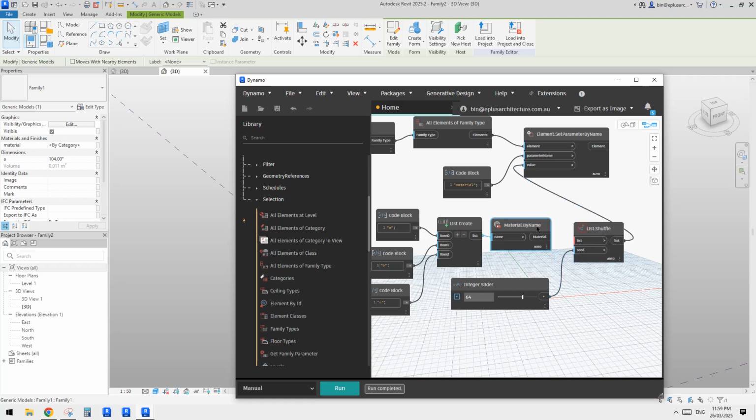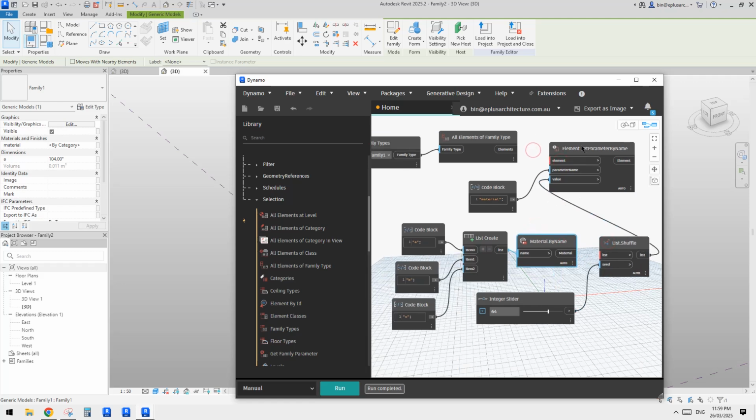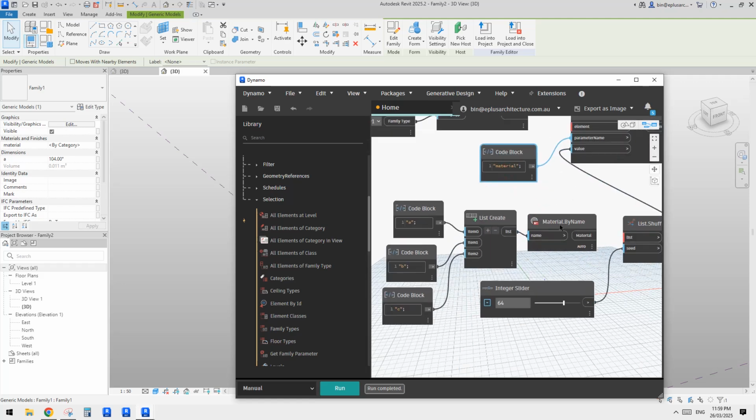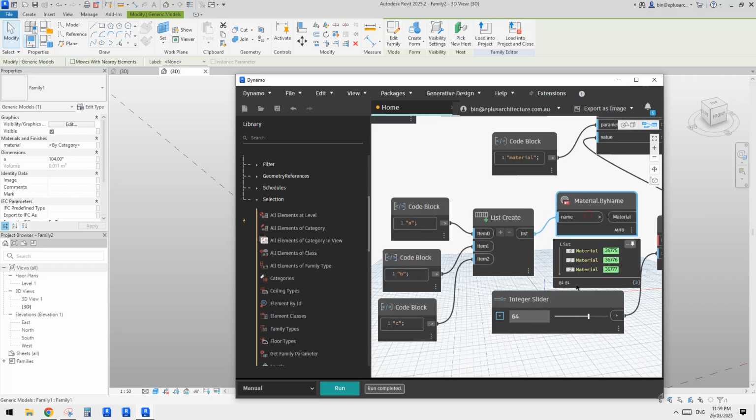Okay, so I'll just move this away. I'll break this one because I don't want to apply for now. So let's click on run. Let's have a look. Yes, so now you can see we have 3 materials instead of just names. And then we just need to